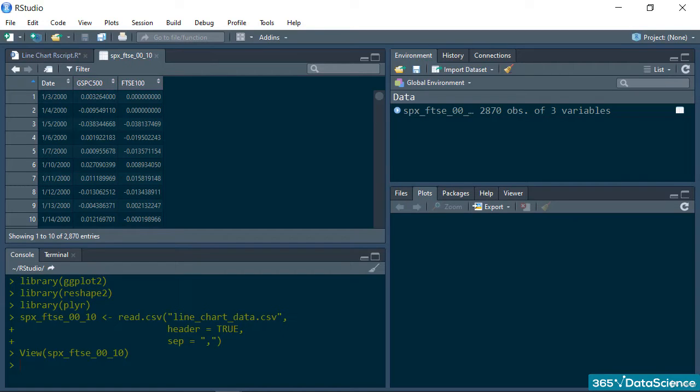Now, although we have a date column in our set, it isn't in date format, which means that at the moment it's a simple string. When working with time series data, however, it's crucial to